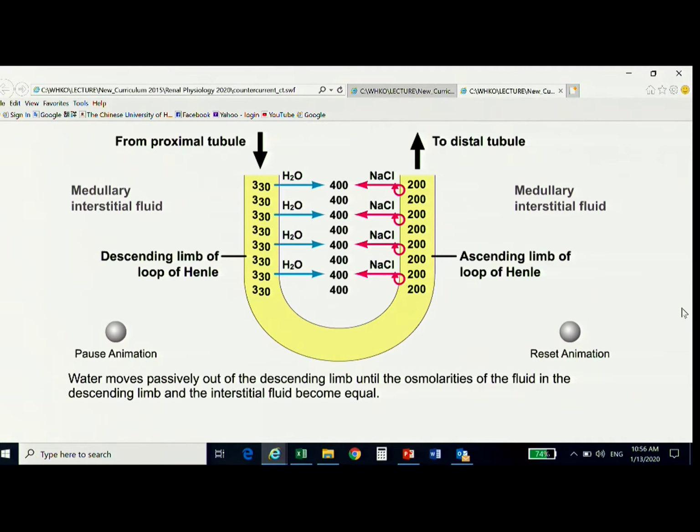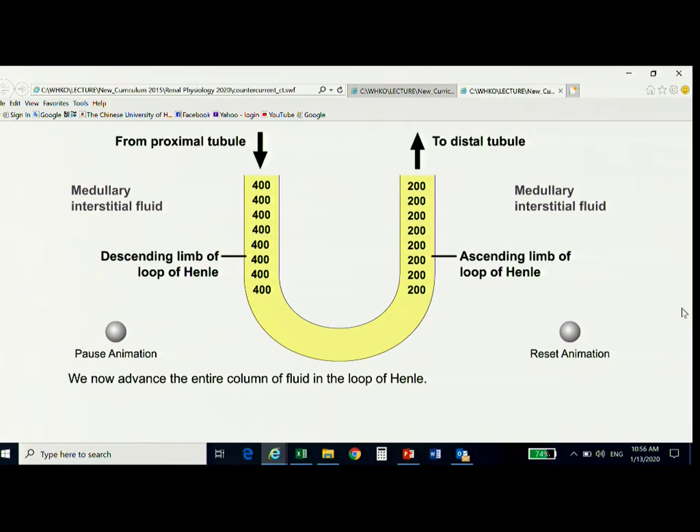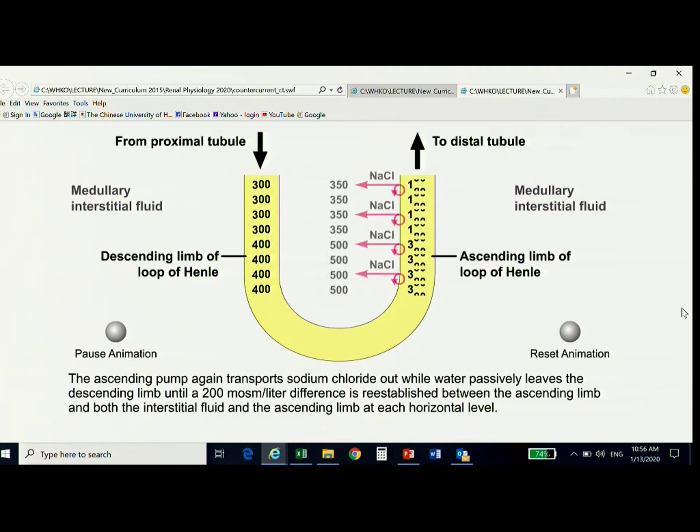Water moves passively out of the descending limb until the osmolarities of the fluid in the descending limb and the interstitial fluid become equal. We now advance the entire column of fluid in the loop of Henle. The ascending pump again transports sodium chloride out while water passively leaves the descending limb until a 200 milliosmol per liter difference is re-established between the ascending limb and both the interstitial fluid and the descending limb at each horizontal